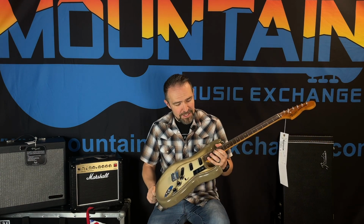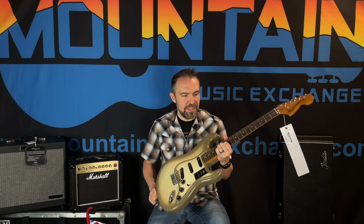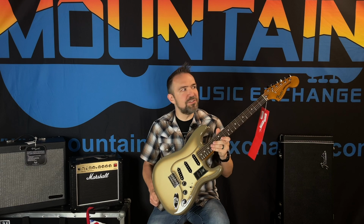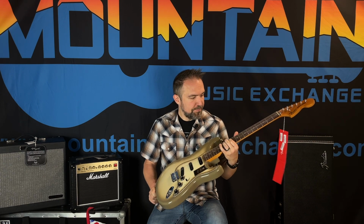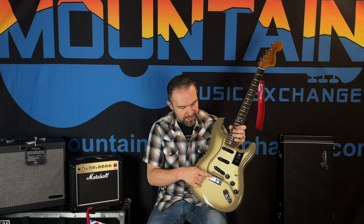But I tend to find that, if you're going up, say, a step in a bend or something to that effect, I've never really had any trouble with a good setup on these. I've never really had any trouble whatsoever being able to do that. So I think 7¼ is just fine once you sort of radius your bridge down here,